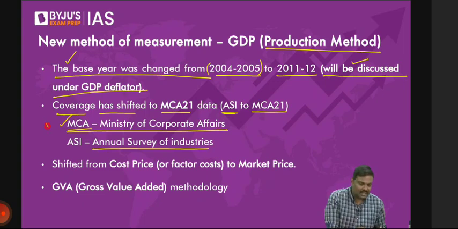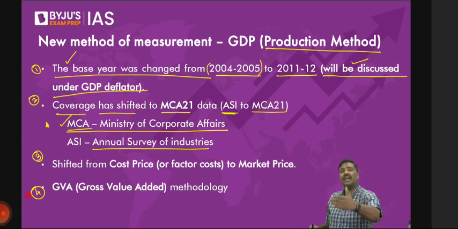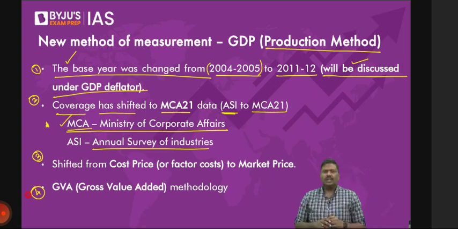Any difficulty with the second point, please do let me know. First one we have not covered. We'll cover it most probably next class when I cover inflation. So the argument is simple. We want production data. So what we have done, we have set up a portal. All the companies which are registered will have to report to me the production data. Now what is the use of it? You'll understand in some time.